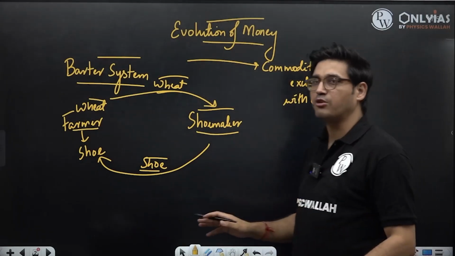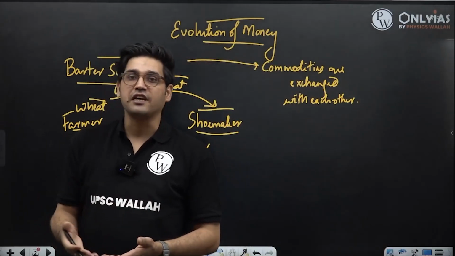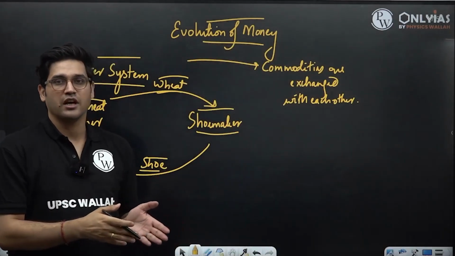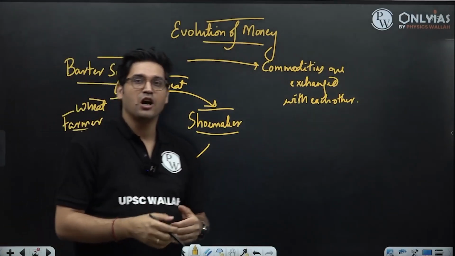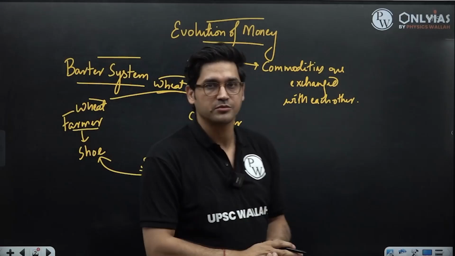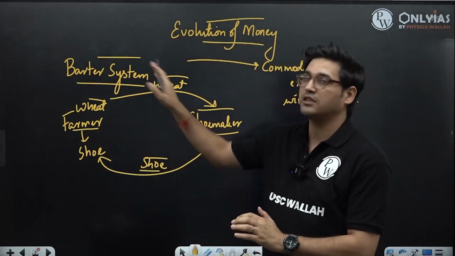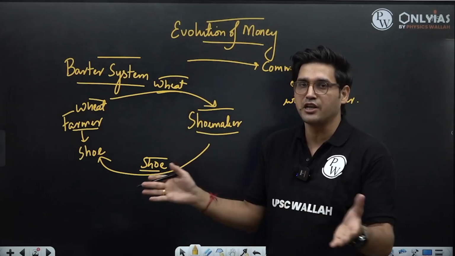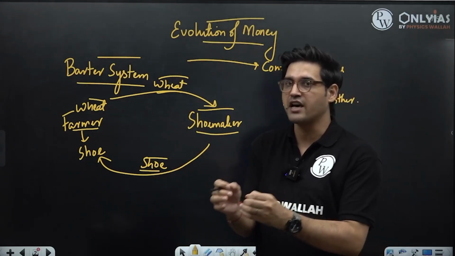And there is no concept of money. Now, commodities being exchanged with each other under a barter system, this had a few problems. The barter system was fundamentally flawed. There were some important problems emerging out of this system. Of course, the system continued in place for many, many centuries. But there were some inherent problems.